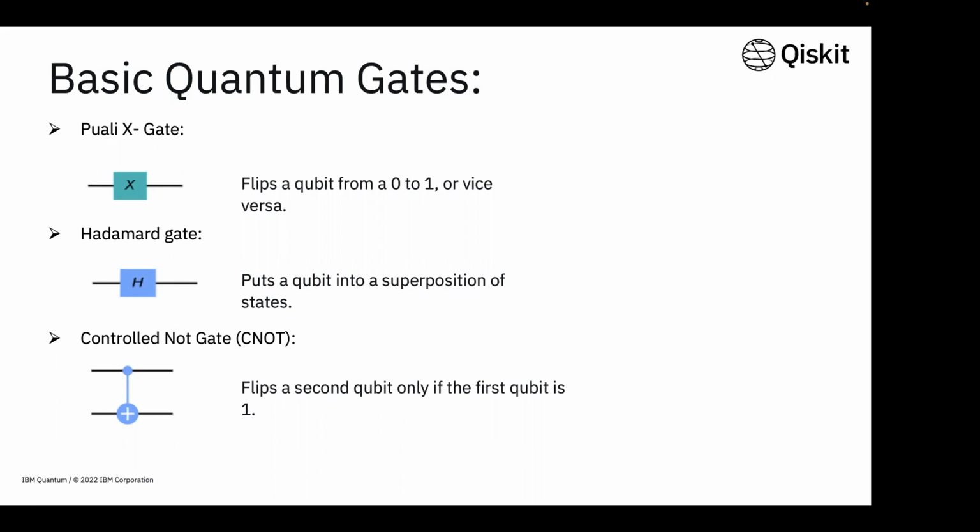And the last gate I want to talk about is the controlled NOT gate. It only flips the second qubit if the first qubit is 1. This is pretty much similar to the classical gates that we have. So in quantum computers we use the same terminologies as the classical system, but the functioning and how the circuit behaves is different, because we go more into the atom and electron level. The classical system is built out of bits using transistors, but quantum gates are built using qubits. It's just a different technology, and we're able to harness its power right now.